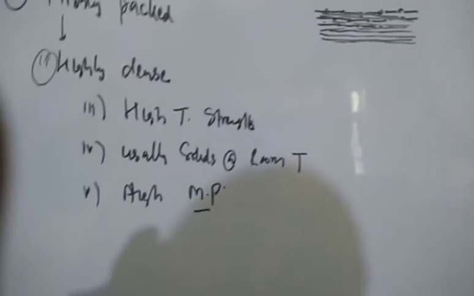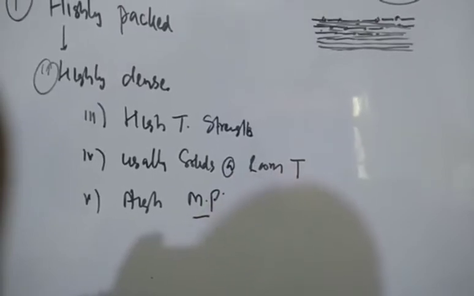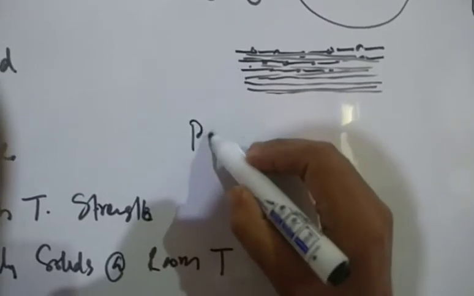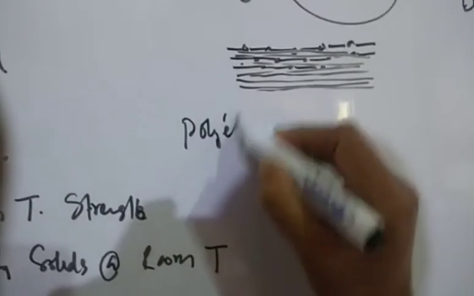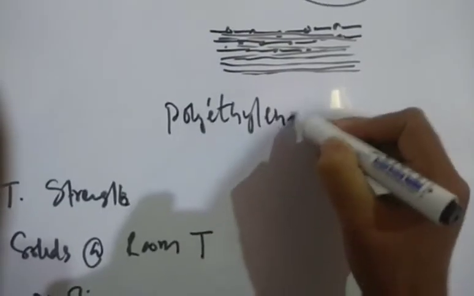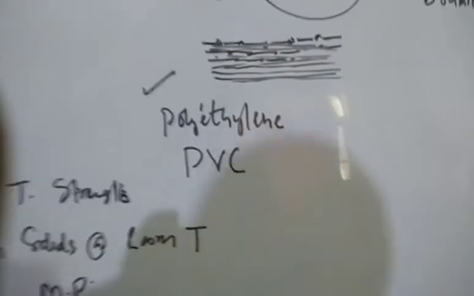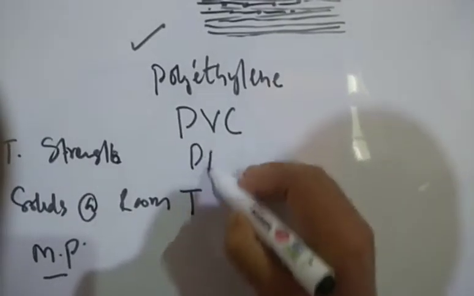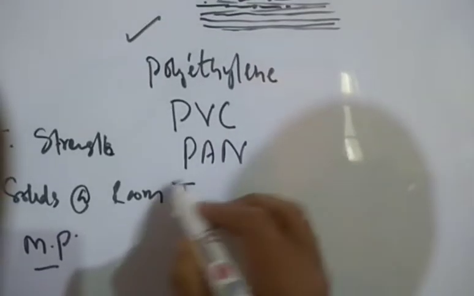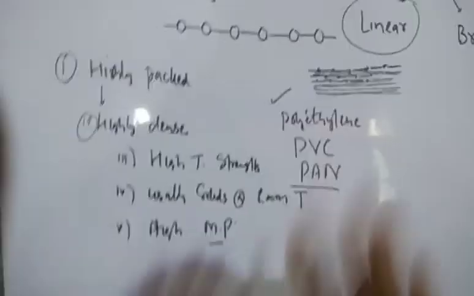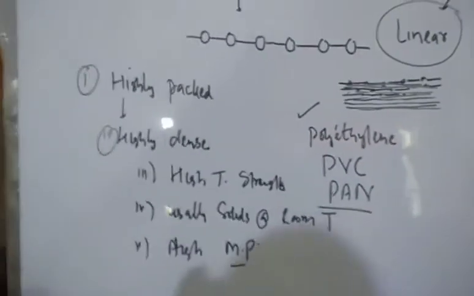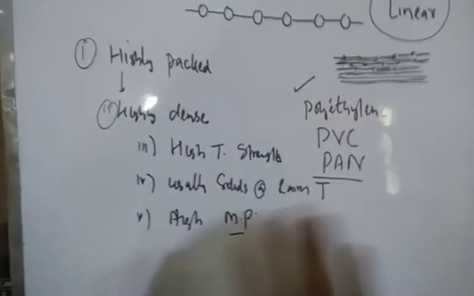Example. Now, example you can take, there are so many examples. Polyethylene जो हम यूज करते हैं यूजुअली, polyethylene, polyethylene जिसको हम polythene बोलते हैं. You can take that one example. Polyvinyl chloride, you can take this example. Polyacrylonitrile, PAN. तो ये कुछ examples है. इसमें भी questions are asked usually in the entrance exams and your basic exams. तो ये हो गया linear polymers in nutshell. Now we'll move to the next.